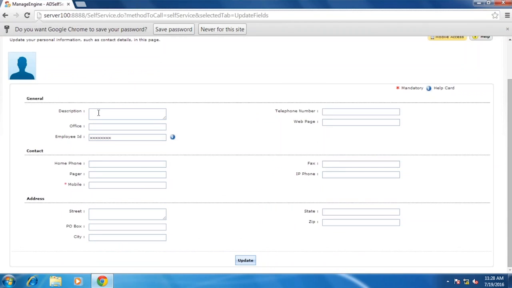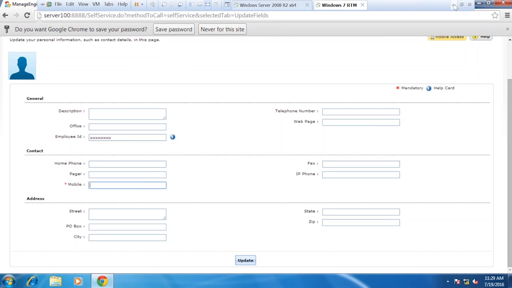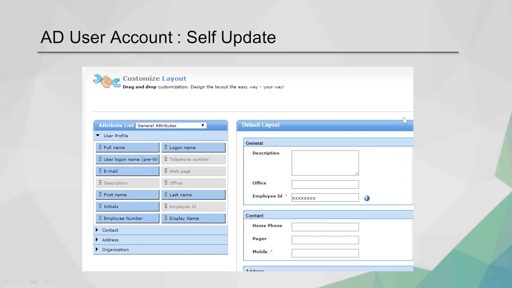So you will see the match here, even the employee ID. I have the help card, and everything now becomes available so that Aaron can communicate and update his own information. All right?